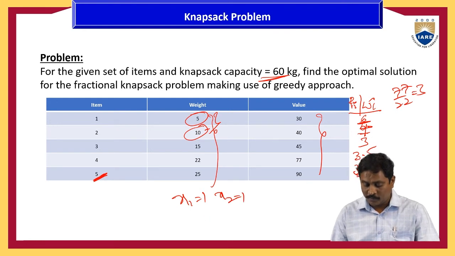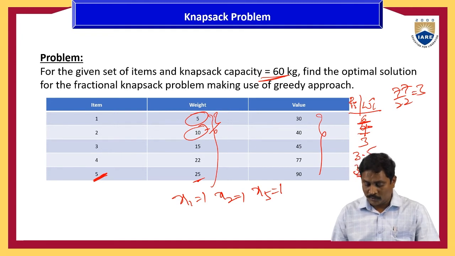Next to consider is 3.6. 3.6 is 25. So 15 plus 25, 40. So this one is x5. The x5 value is also 1. So 15 plus 25, 40. 40 is completed. Next, how much capacity remains in the maximum capacity?